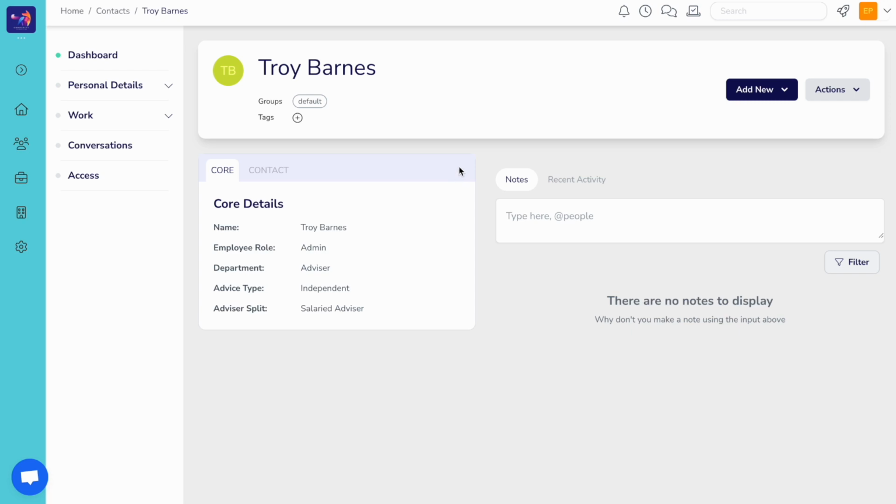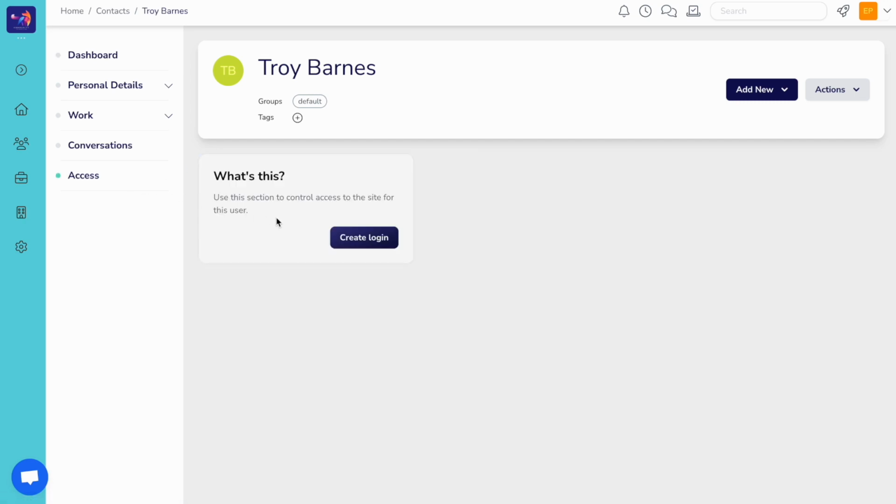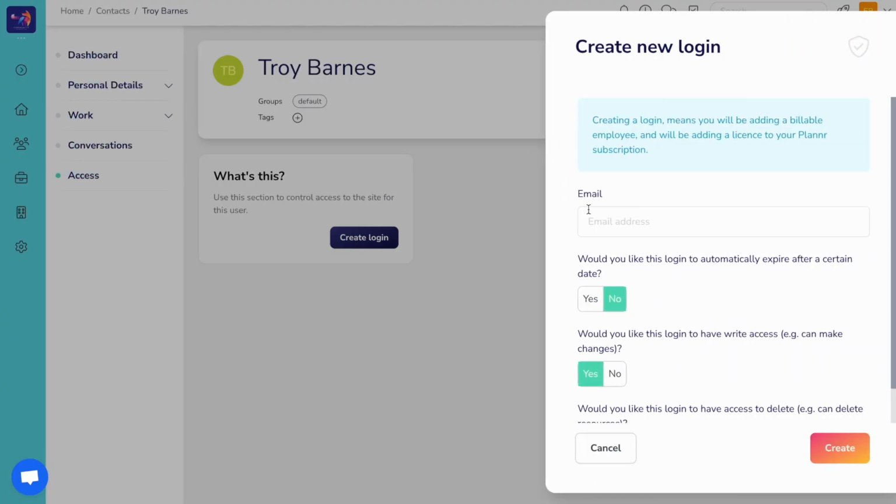However, this alone will not give the user a login to Plannr, nor does it trigger a billable license. To do this, you will need to head to the Access tab within the employee's contact record and click on Create Login. The first thing we will do is confirm the employee's work email address again, and then we have